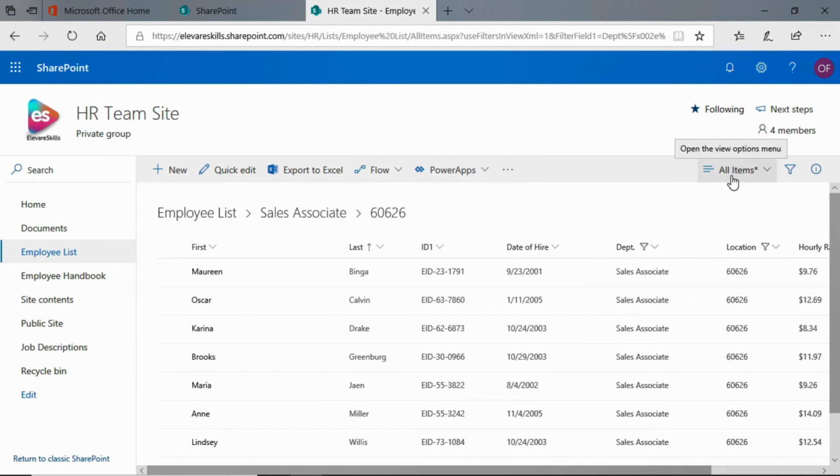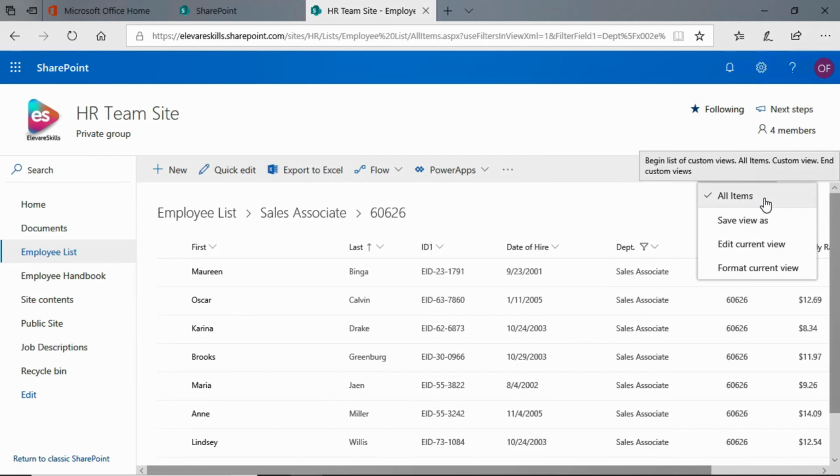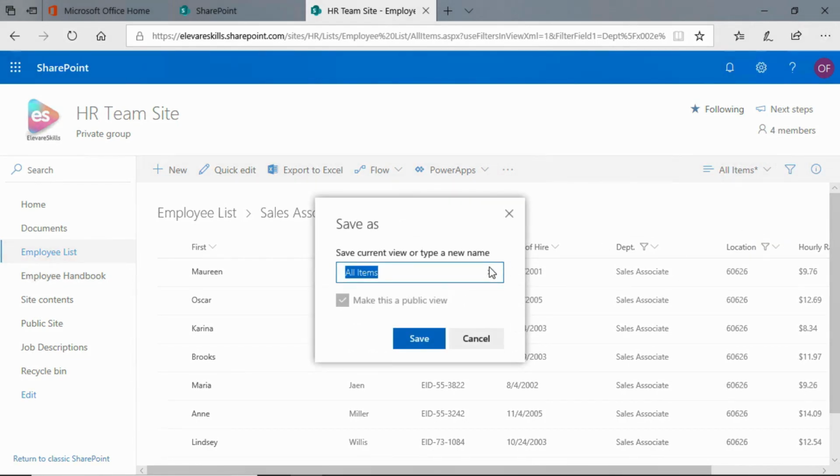Now, we're going to come up here and we see it says all items. This is our views. When we click there, there is only one view, and that is all items. That's what we saw when we first came to the list. But right below that, we have the ability to save the view as. We click there, and we can give this view a name. And we're going to call this by the store location. So we're simply going to call it